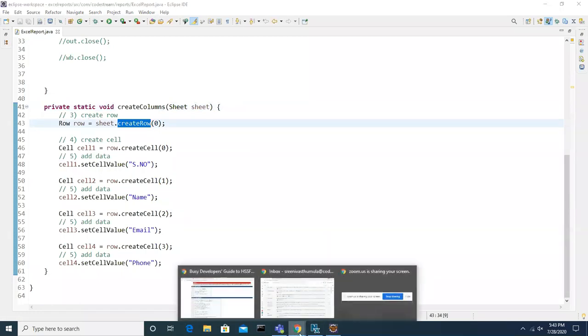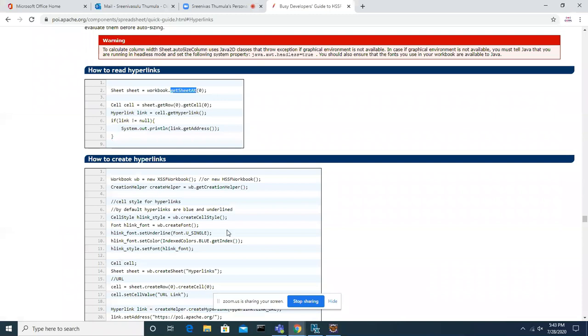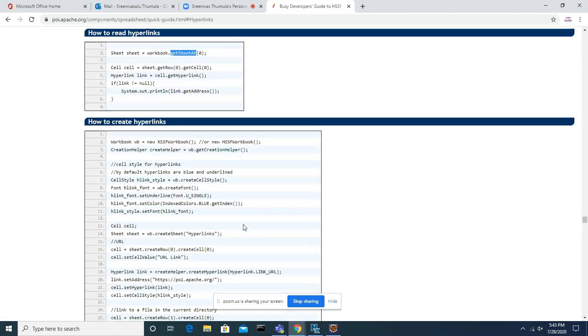All are methods only. You are not using any logic. You don't need to write on your own, because this Apache POI API is giving all kinds of predefined methods based on your requirement.